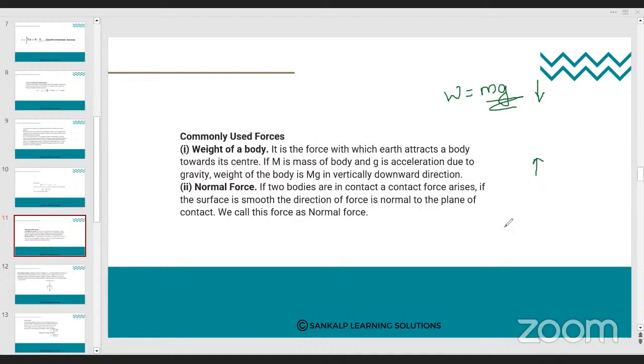For example, I will give you an example here. Consider the book lying on the table. Okay? So there is a book on the table. The book has some weight which is acting in the downward direction. Similarly, one upward force is acting on the body, that is called the normal force. That force is called as what? Normal force. So when the downward force and the upward normal force are both balanced, that means both should be the same, then